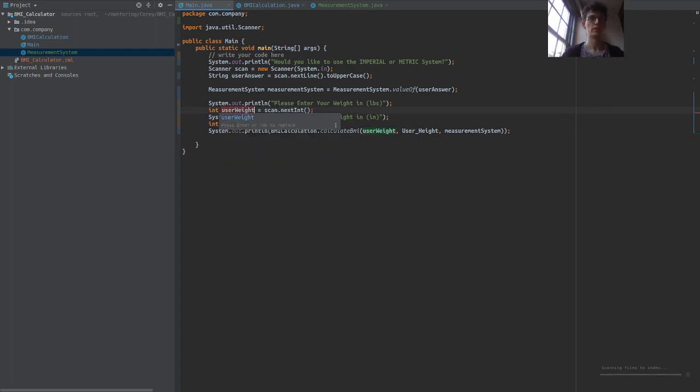Use weight. So this is basically just converting that answer, and when we do value of, it will convert it to, if it's imperial, it will get imperial. If it's metric, it will get metric. Cool. And so there we go. We've simplified the program a lot. Yeah, and there are actually further ways to